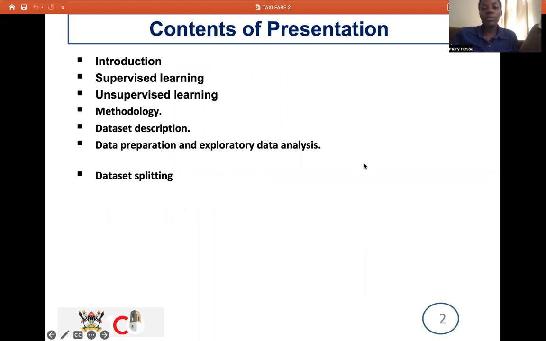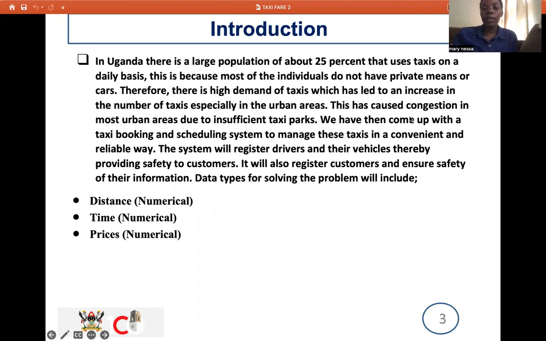The contents of my presentation will include the introduction, supervised learning, unsupervised learning methodologies, dataset description, data preparation, and dataset splitting. In my introduction, in Uganda, there is a large population of about 25% that uses taxis on a daily